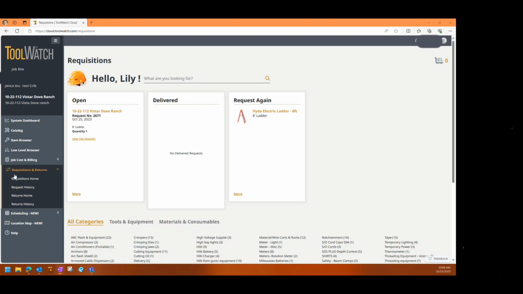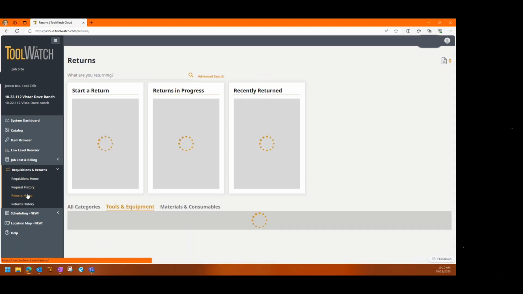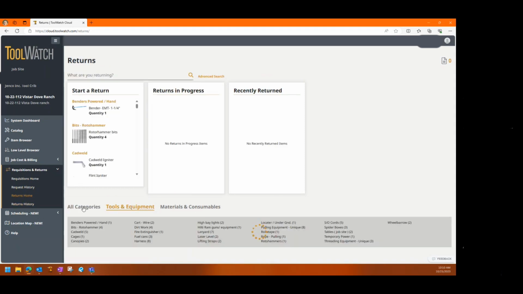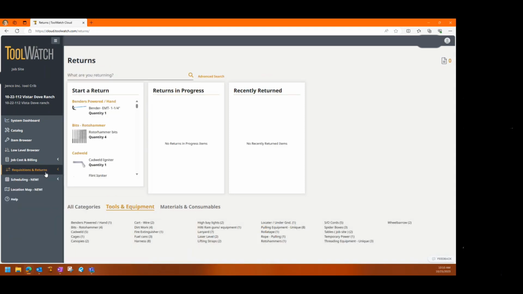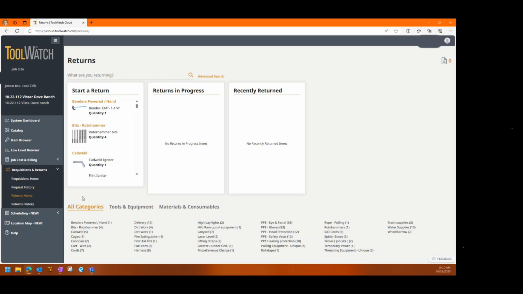All right, the next thing I'm going to show you is the return. So now you guys have requested them, and let's say that you don't need it anymore. So you'll just come, again, requisitions and returns, put the arrow down to the module, and you'll come to returns home. And this is everything that is currently on this site. So everything on Vistar Dev Ranch, this is everything that they have, so that you know what you have. So let's say, again, we don't need